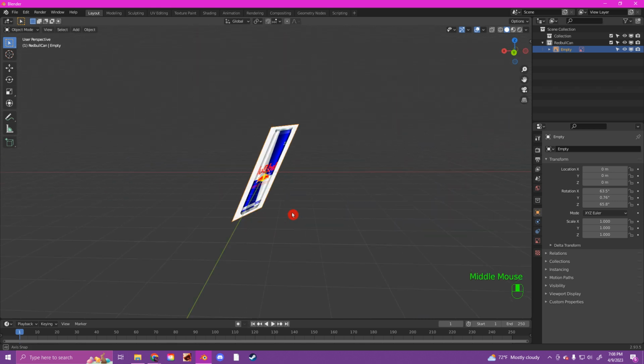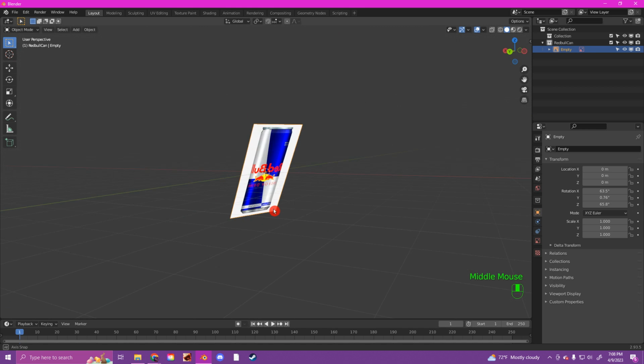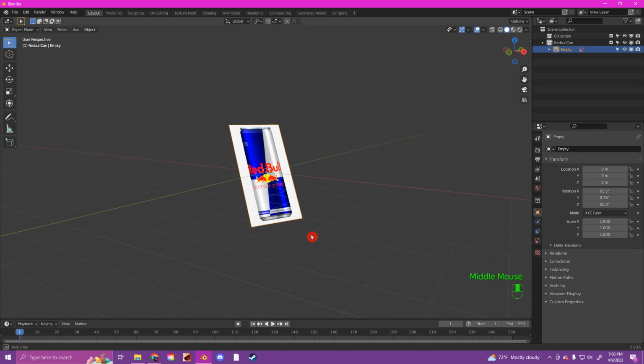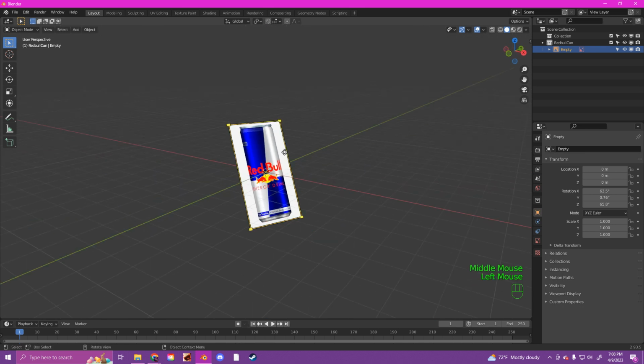If you use your middle mouse button to hover around, you'll notice that it came in at a certain rotation, which I don't want. I hit 1 on my number pad because this is front view. So you could do that by clicking the image, and then if you hit Alt R, or I'm sorry, R and then Alt, it takes away any of the rotation. I can't do that because this is my gaming PC and it'll bring up